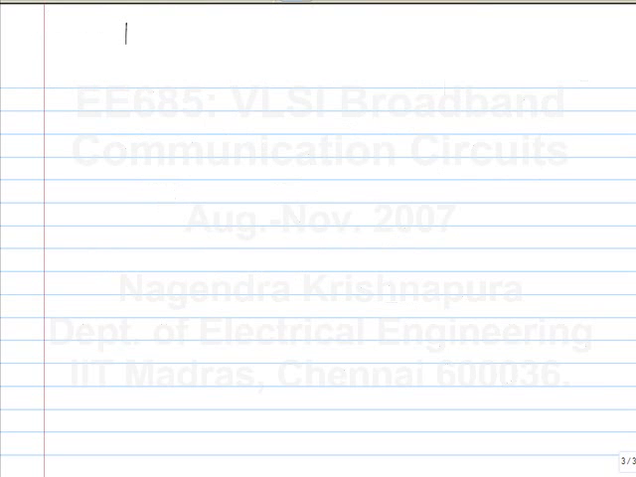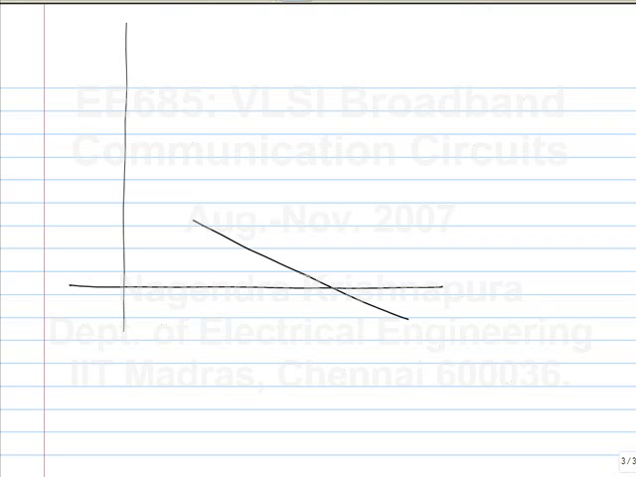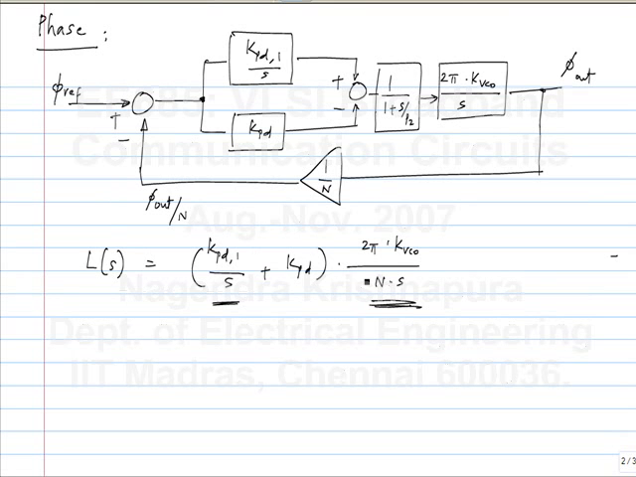So if I plot the loop gain, what I would like to have is at medium frequencies, I'll have a first order behavior, and this is given by this term, the second term in this. So if I add the other pole also, I will have,